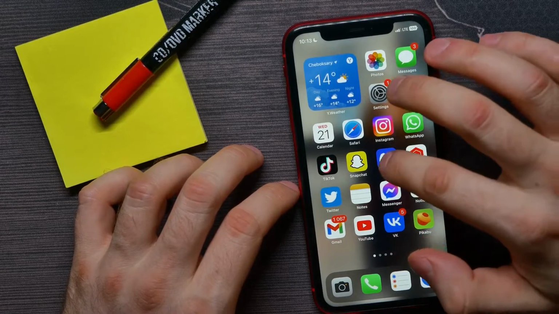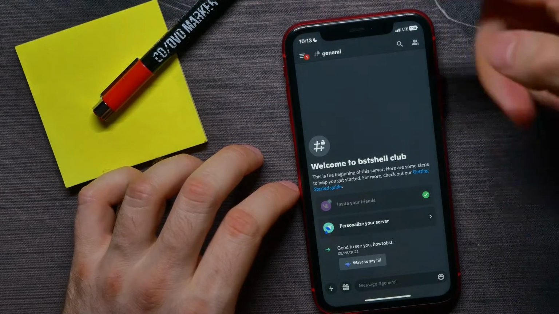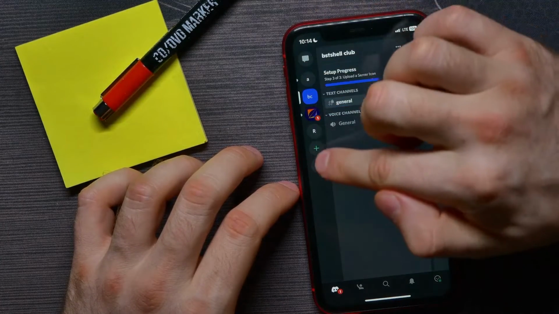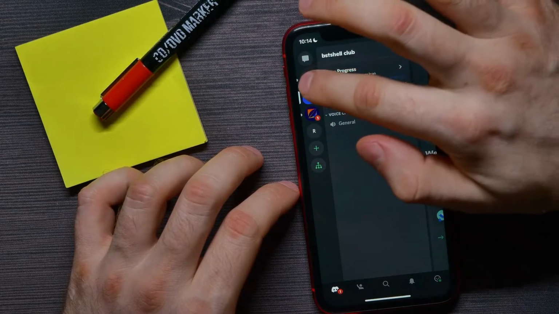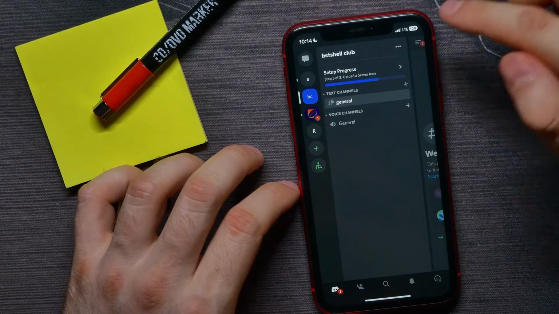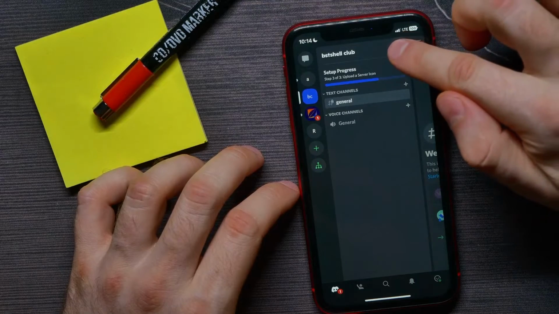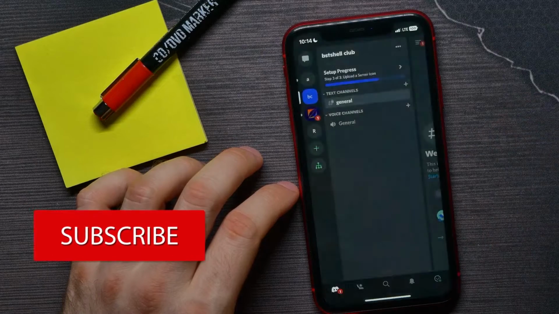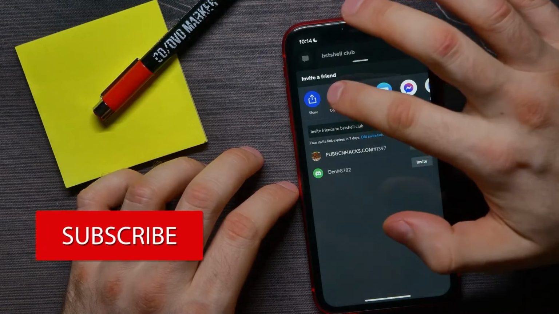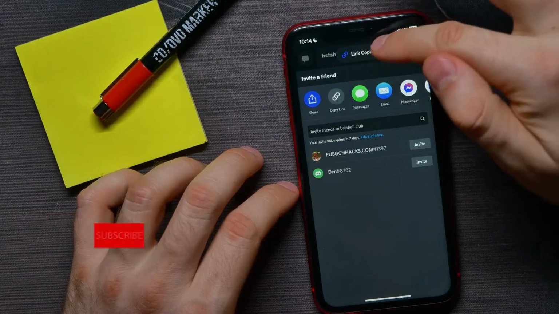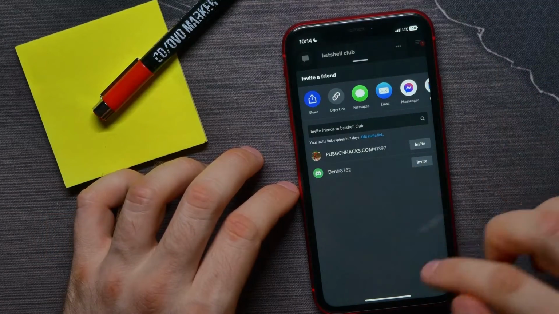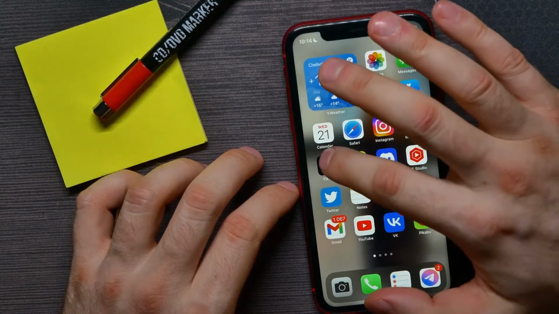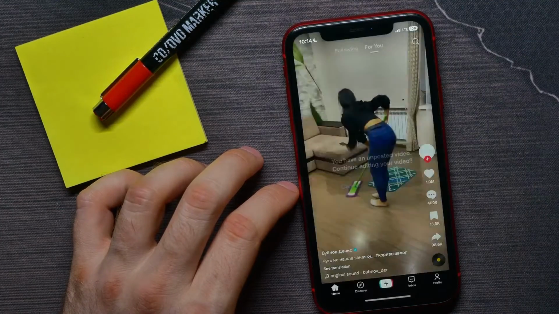And first, open up Discord application and here tap at that 3 lines icon and from that vertical menu select a server. Next, tap at that 3 dots icon next to server's name and here tap at invite. Now you can tap at copy link to copy invite link to that server, then you can hop out Discord and now all you have to do is open up TikTok, then